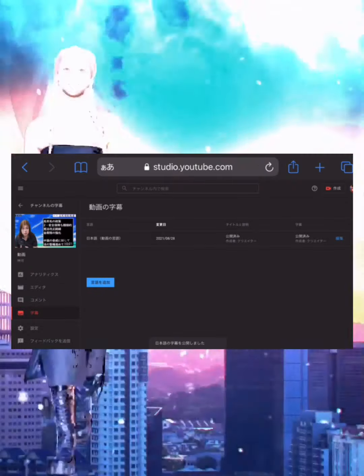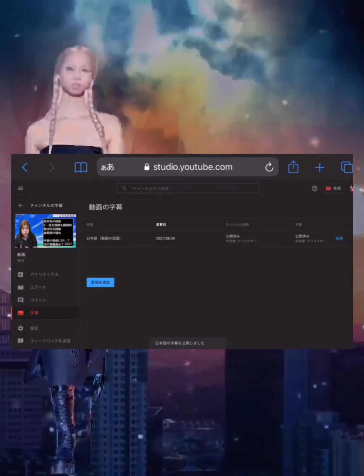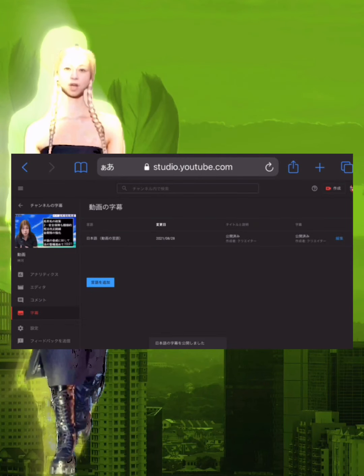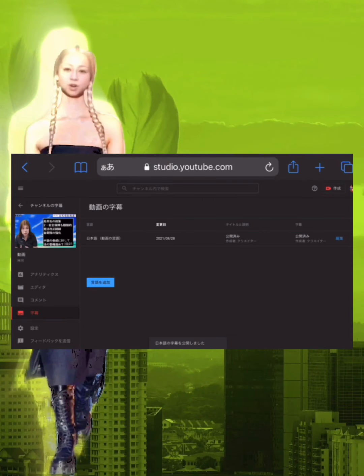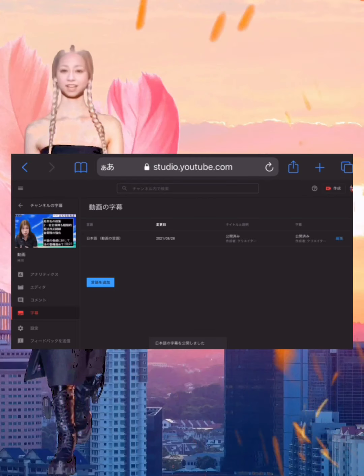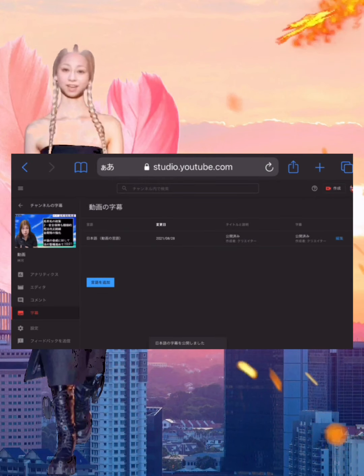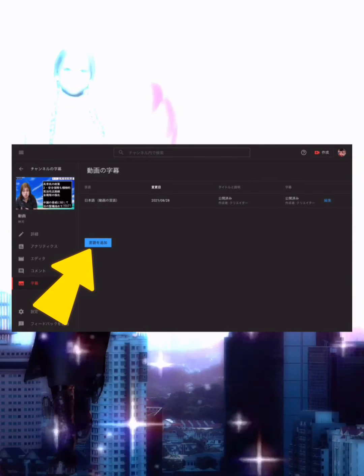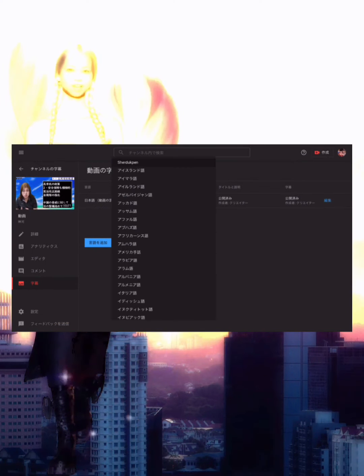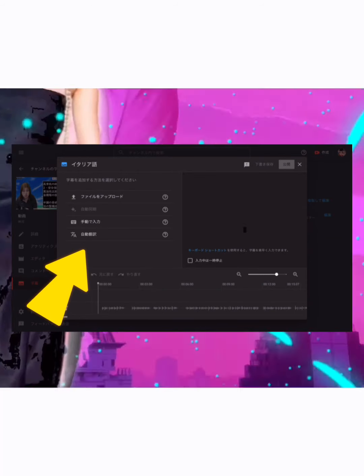7. Automatic translation. Here's how to translate subtitles into other languages. If there are subtitles in the language specified as the video language, then you can use automatic translation to automatically translate to other languages. However, if you only have automatically generated subtitles, you cannot use this automatic translation. Please note this point. Specify another language in Add Language. Click Add, click Automatic Translation, and click Publish to complete. By repeating the above operations, you can automatically translate into many languages.